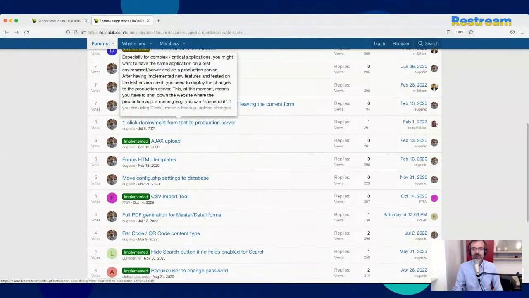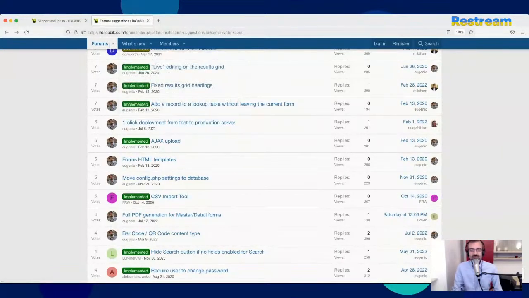One-click deployment. This would be very cool. This would be very, very cool. So, let me read here, Edwin: I know this feature from D365 customer engagement.